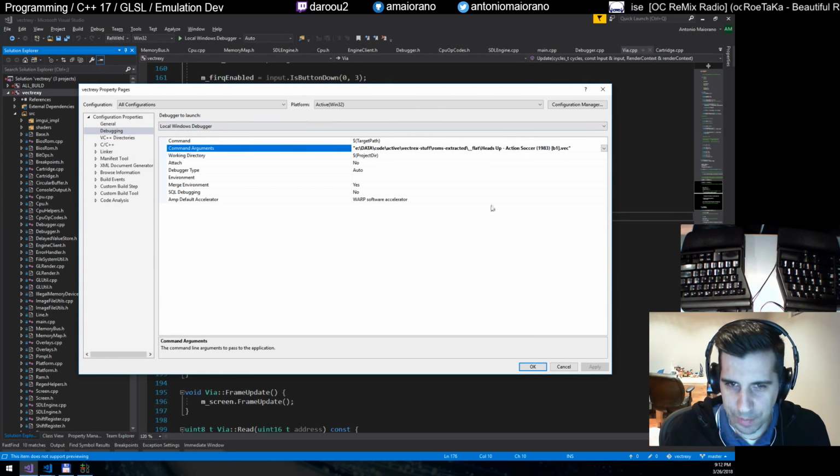Yeah, so it says here that for Heads Up Action Soccer, it works. But this second version, the B1 version, I have a problem because in my VIA I get this message that I wrote that there is a write to the interrupt enable register that's not yet supported, and it's for this interrupt flag for CB2. Now,